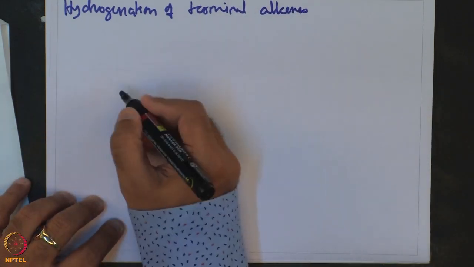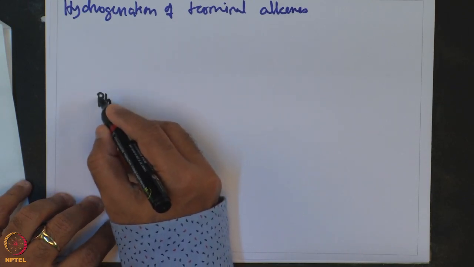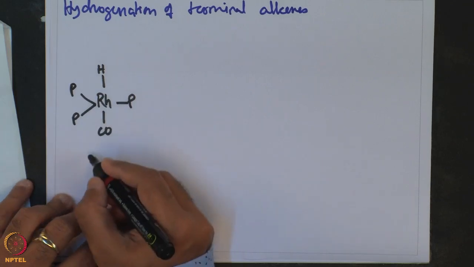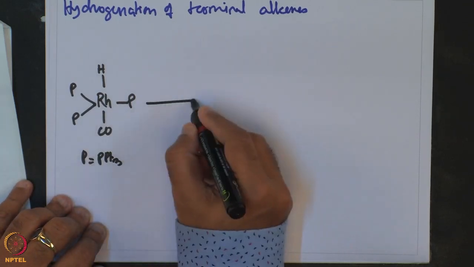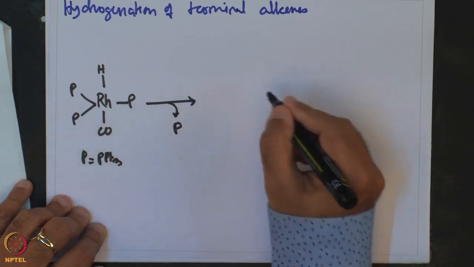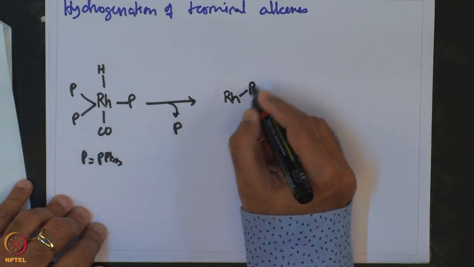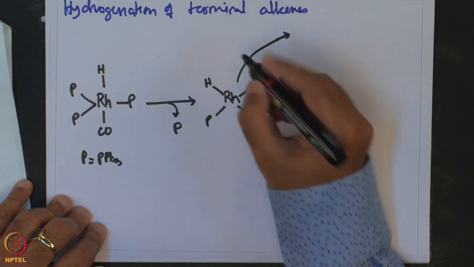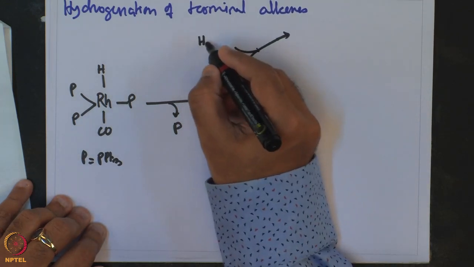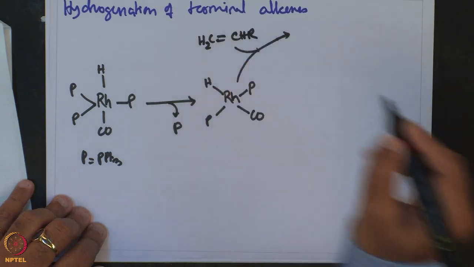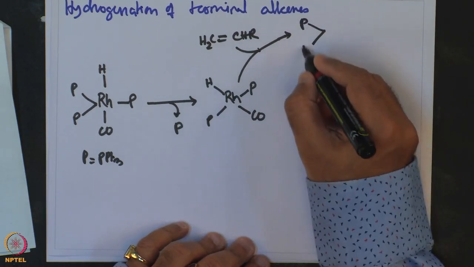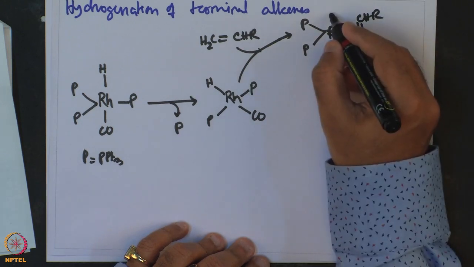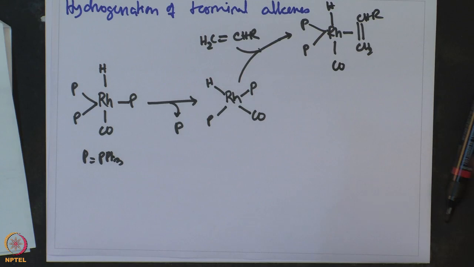And this is explained by this catalytic cycle: rhodium P H CO, P equals PPh3, loses 1 triphenyl phosphine to give this rhodium square planar complex P CO hydrogen. So, the first is that the terminal olefin coordinates to this square planar complex to give a 5-coordinate rhodium P, CH2 CHR, H, CO complex. So, this is a coordination step,